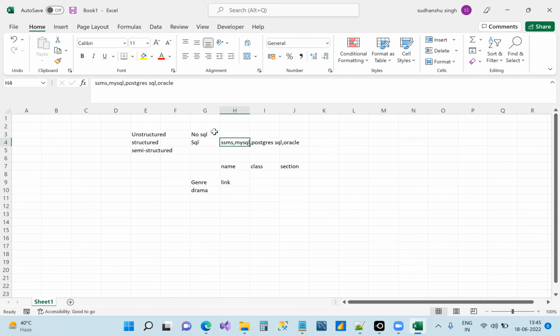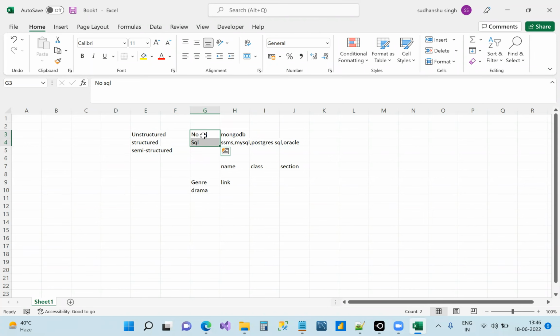Correct? But for NoSQL, there is a very popular tool. It's called MongoDB. So when you want to work on unstructured data, you cannot work on SQL. Remember it. You will have to go for MongoDB. Got it? You are getting this difference? The first was the data: unstructured, semi-structured, and structured. Now you got to know what SQL is and the difference from NoSQL.